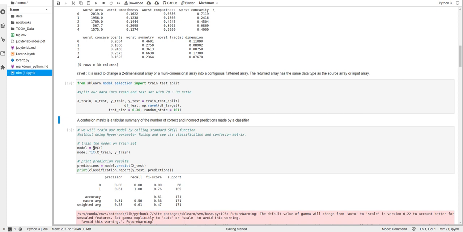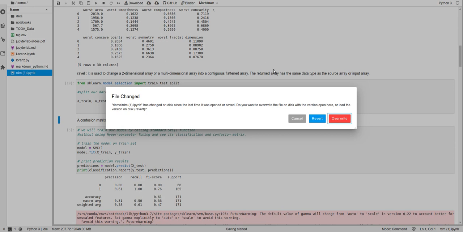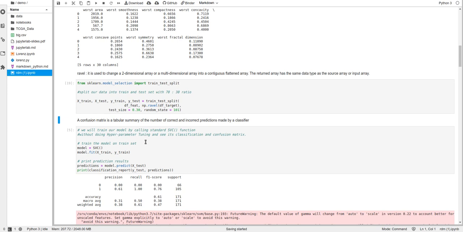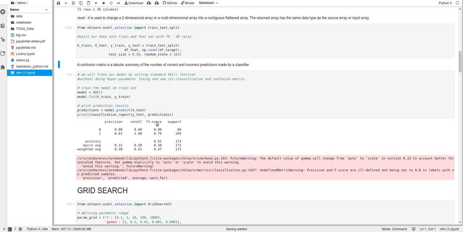All the correct and incorrect predictions are summed together and put in a tabular form, and that is called a confusion matrix. Now we will train the model by writing the SVC function. Here we can fit our training datasets, X train and y train, and print the prediction values for y test classification.